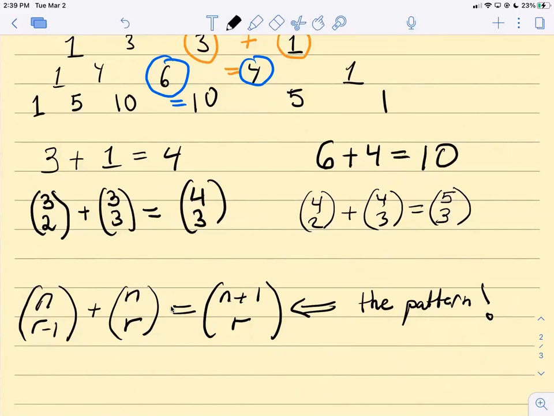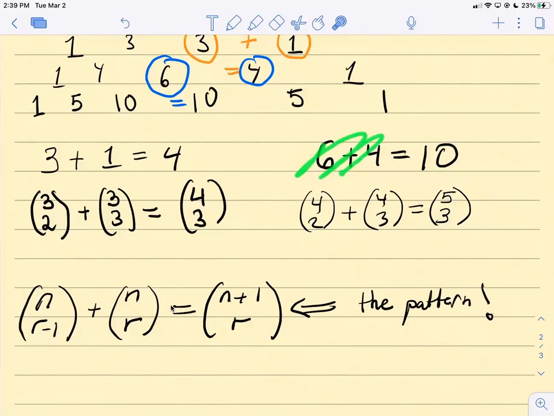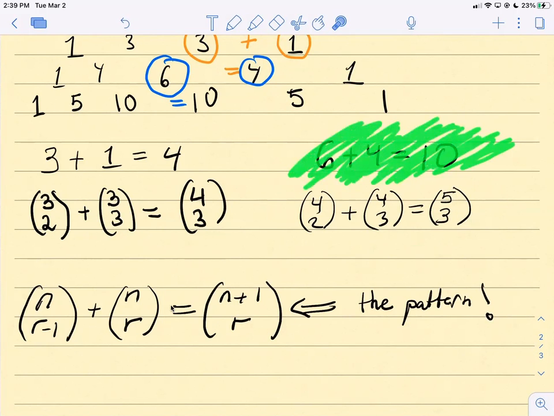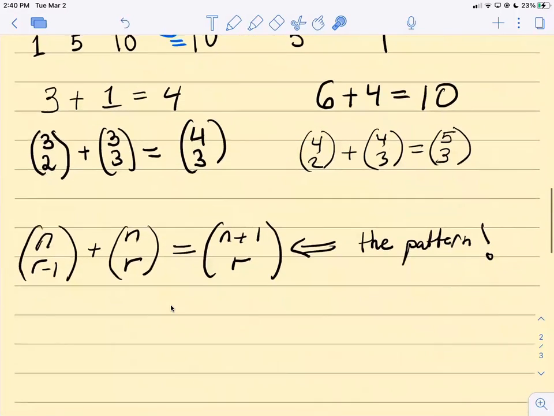Okay. Now let's step back a second and just think about this. Forget about 6, 4, and 10. I don't care about the actual numbers. Can anyone explain, using logic and some sort of concept, why, if you have 5 friends and you want to invite 3 of them, it's the same as 4 choose 3 plus 4 choose 2? Or maybe it will be better